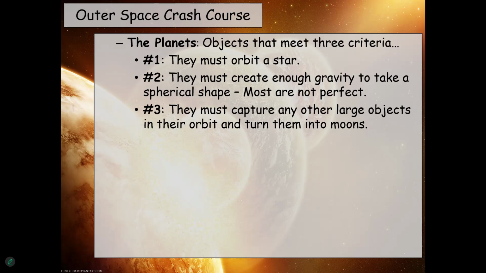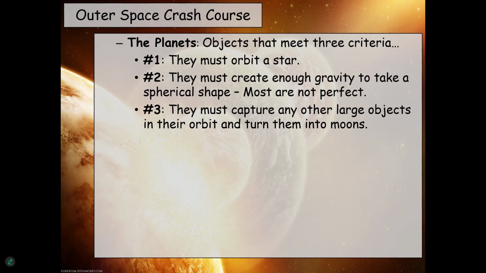Pluto does have a moon, although I guess it might not really actually be a moon if Pluto's not a planet. But anyway, Pluto has something that could count as a moon if it was a planet. But unfortunately, it doesn't really orbit Pluto. They kind of orbit each other. They kind of twirl around each other, neither one dominantly holding the other in orbit.